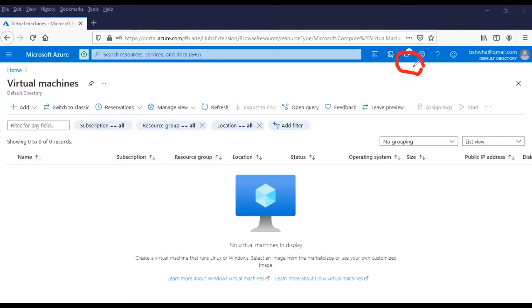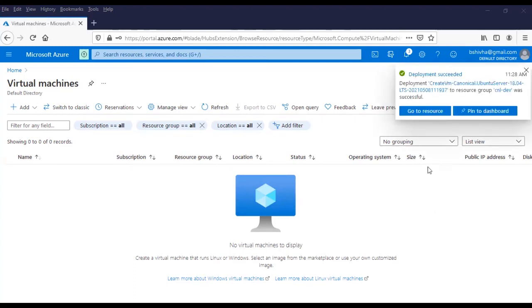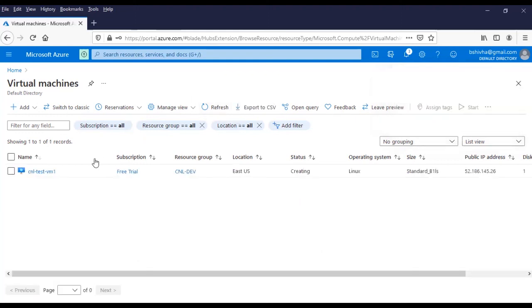Once completed, you will not see the running dash here. Let's wait a few more minutes. Yes, see, the resource got created. You can click this, or directly go to that service and refresh. So your machine got created.